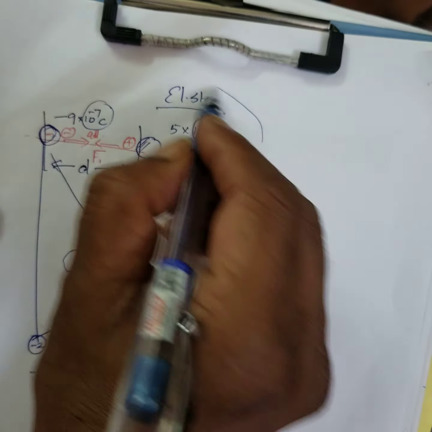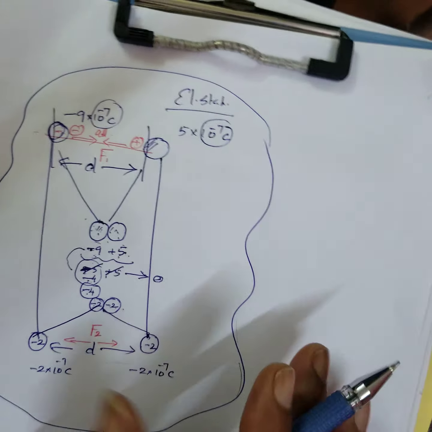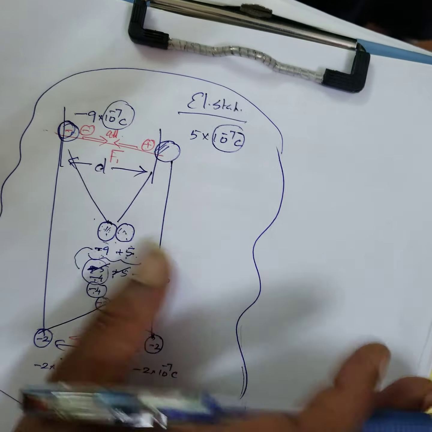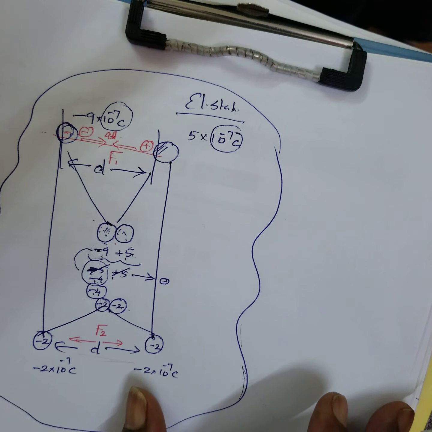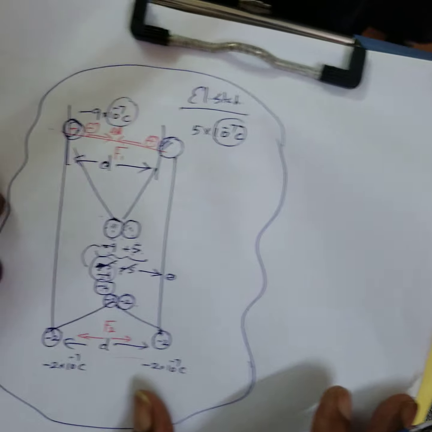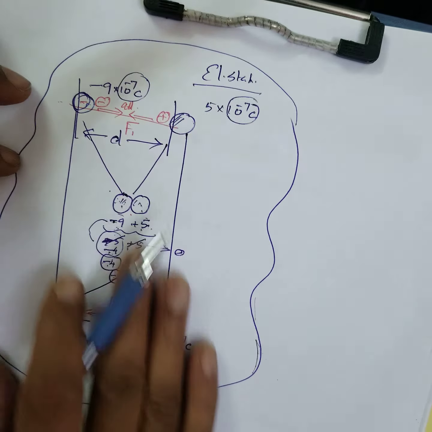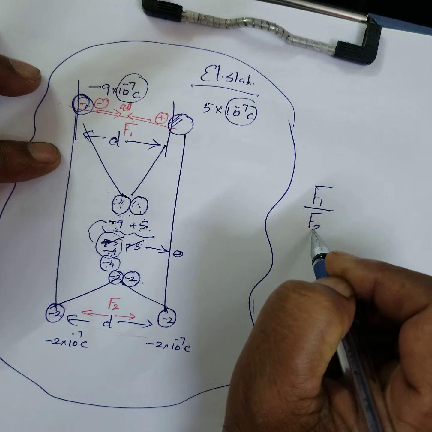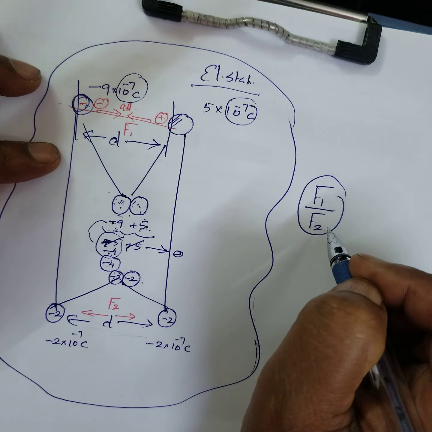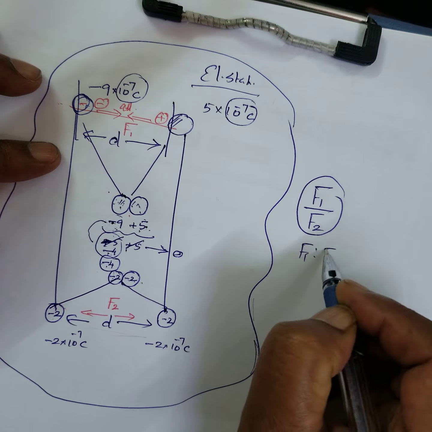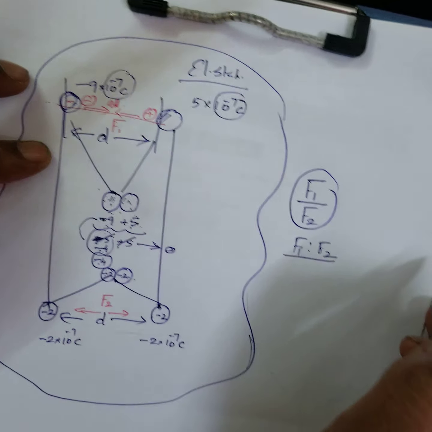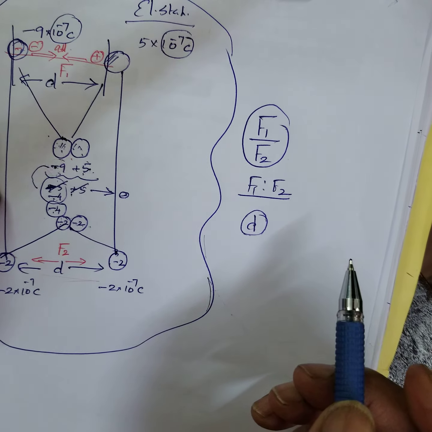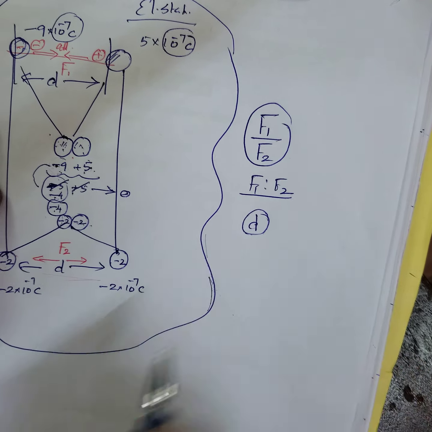You have to think of all possibilities. This common logic is required for CET or NEET or any type of competitive exams worldwide. Now this problem has to be analyzed. The question is, compare the forces, F1 and F2. When I compare, it means divide one by the other, F1 is to F2. And they may also ask you to find the original distance.